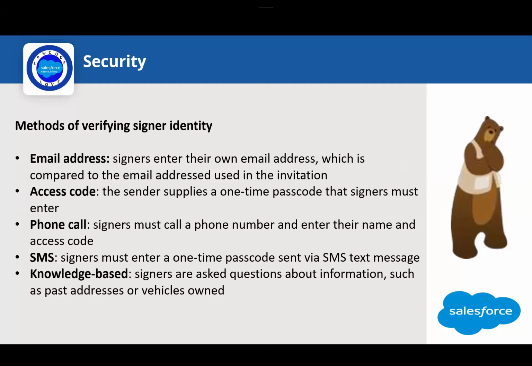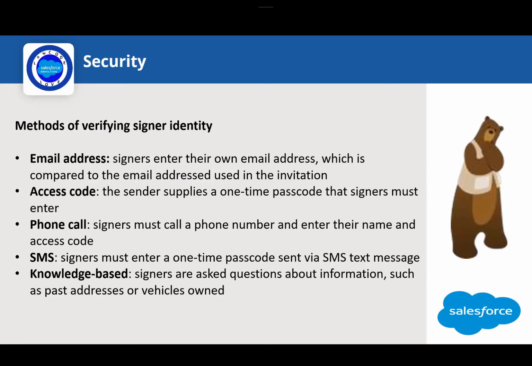And the next one will be security. Like I said, by default, DocuSign provides a set of default security features. By default, what DocuSign means is it's like single sign-on, I mean, it's person specific. Each and every person needs to be configured in DocuSign. So the first one is the email address. While registering your account in DocuSign, your email ID will be verified.